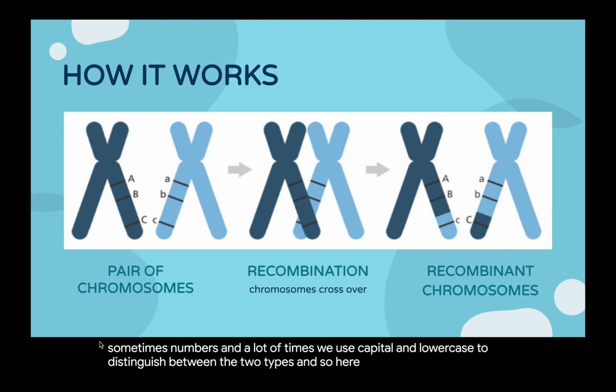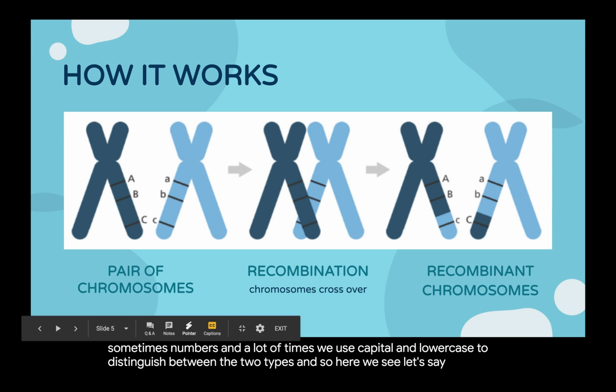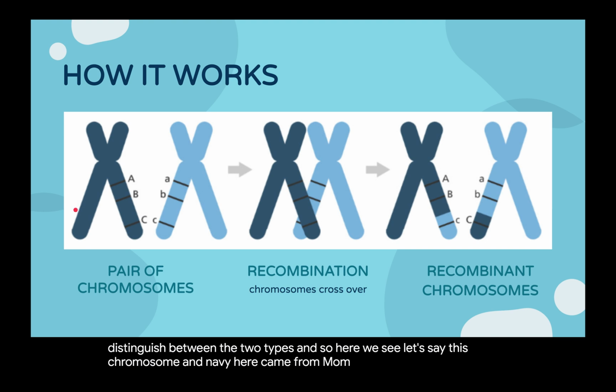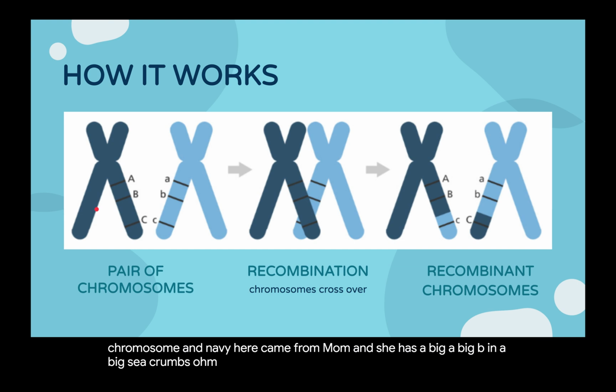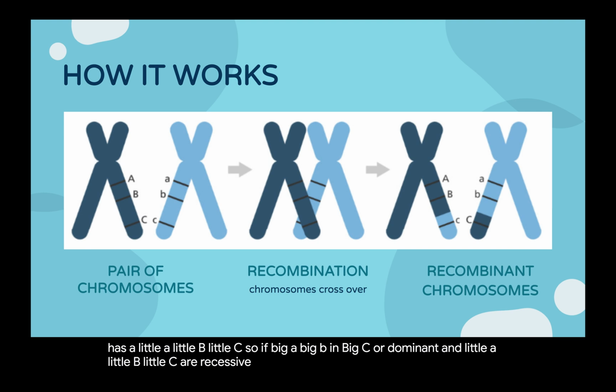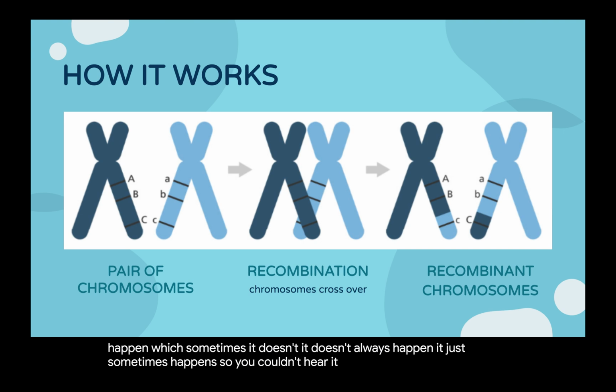And so here we see, let's say this chromosome in navy here came from mom, and she has a big A, a big B, and a big C. And then the one that we got from dad in light blue has a little a, little b, and little c. So if big A, big B, and big C are dominant, and little a, little b, and little c are recessive, typically if crossing over didn't happen, which sometimes it doesn't always happen, it just sometimes happens,